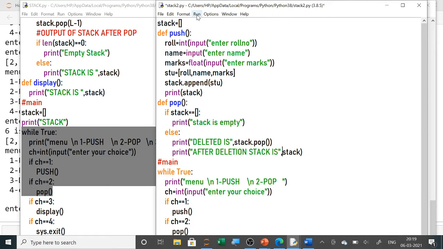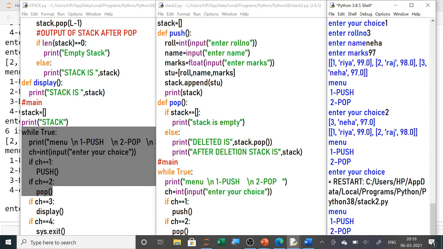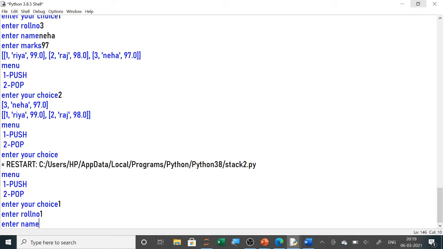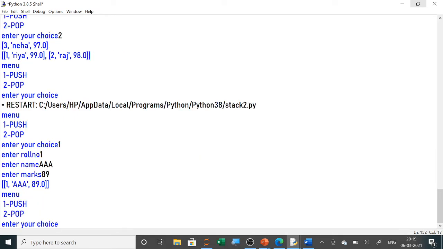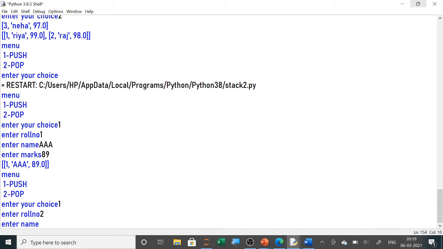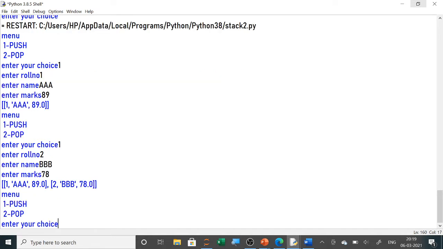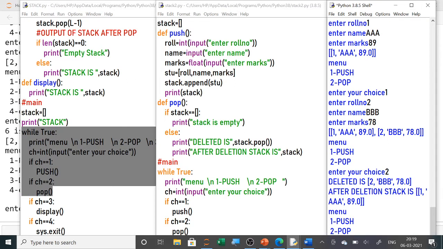अब जब हम इसको रन कराएंगे तो वो इस मैसेज के साथ वो दिखाएगा। जैसे मैंने यहाँ पे अभी रन कराया, जब हमने रन कराया तो यहाँ पे ये मैसेज आ गया है। अब इसमें हमने अगर पुश किया तो उन्होंने पूछा रोल नंबर 1, कोई भी नाम डाल दिया हमने, मार्क्स डाल दिया। ऐसे ही हमने फिर से पुश किया तो रोल नंबर 2 के लिए कोई भी नाम और मार्क्स आ गया। अब जब हम पॉप कराएंगे तो जो लास्ट वाला है 2 वाला रोल नंबर ये पॉप होगा। तो यहाँ पे डिलीटेड इज दिस एंड आफ्टर डिलीशन द स्टैक इज दिस। सो आई थिंक नाउ इट इज़ वेरी मच क्लियर टू यू।